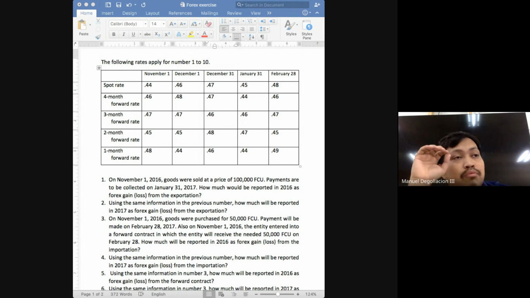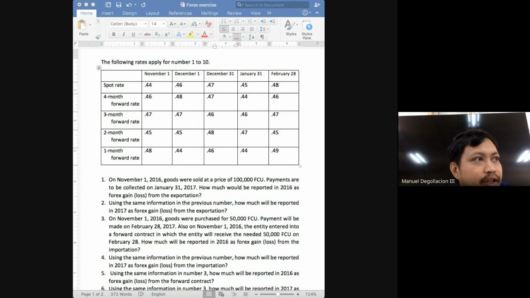Even if there is no movement, class, in money or in goods on the reporting date, you will still have to prepare an adjusting entry. And then on the settlement date, before recording the payment, you will have to update the balance of the payable or the receivable. So again, for the purposes of our discussion, we will refer to the reporting date, which will normally be the year end, and the settlement date as adjustment dates. On these dates, adjustments are needed to reflect the current spot rates.